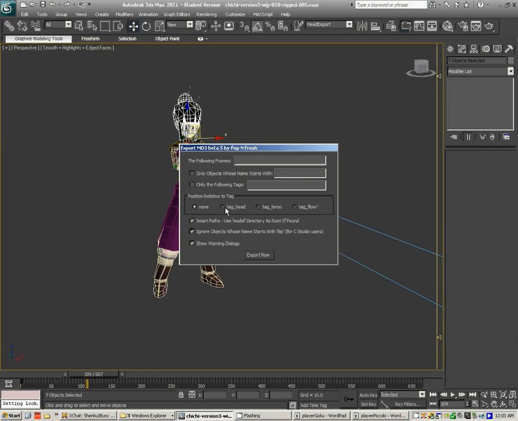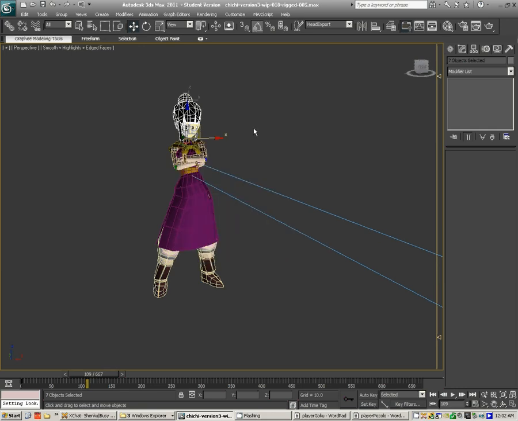But to continue on, I'll click on the head, double click. It's asking if I want to replace it. I'll go yes. And then for the actual export process, you'll want to make sure that you select tag head. You don't really need these selected. They don't really do much except pop-up warning messages or what have you. And for the frames, you should put 0 and whatever the last frame of your overall animation is. So 0, and down here it says 667, so put 667 for my frame count,